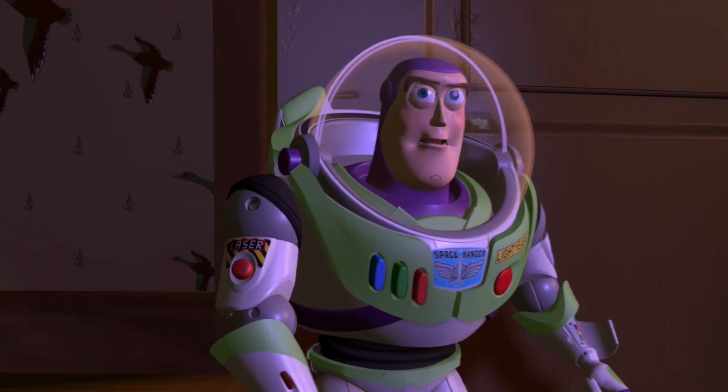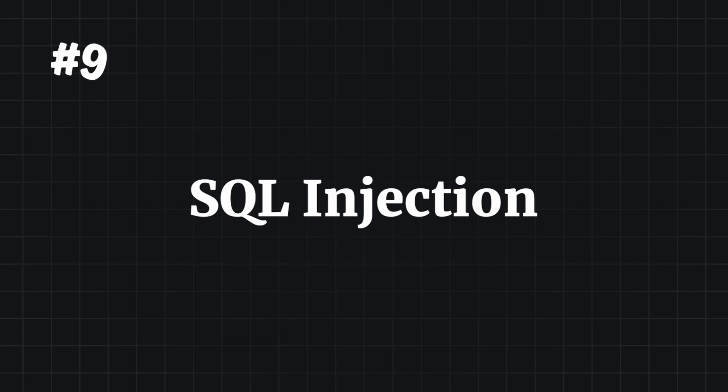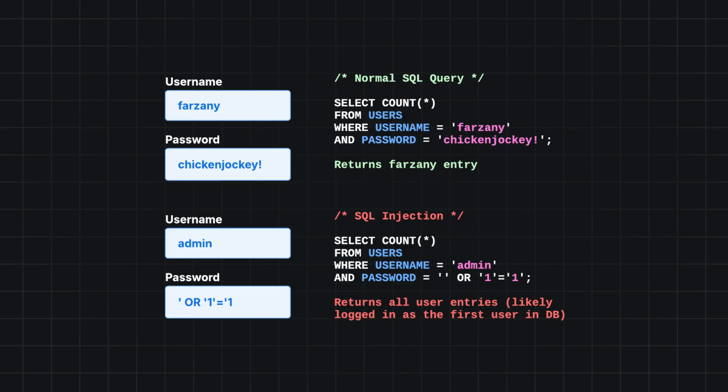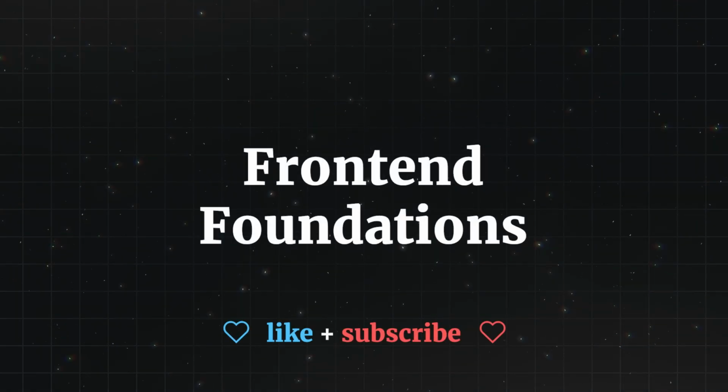Oh my goodness, a classic. SQL injection is a security vulnerability where an attacker tricks your app into running malicious SQL by injecting it into input fields, like a login form. If your code directly runs user input in a query without proper protection, someone could access, change, or even delete data in your database. Next up, let's take a look at how modern front-end frameworks render and update what users